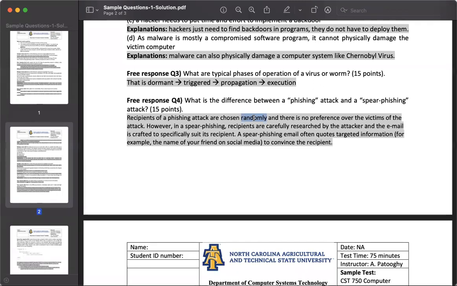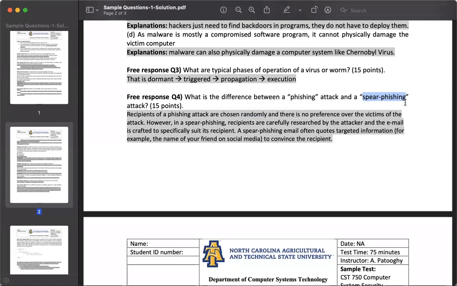In a phishing attack, you receive an email which might come to you, and the same email that you have received may come to me as well. If we are both recipients of a phishing email, we both receive the same content, the same email. But spear phishing is a different thing. In spear phishing, the attacker does research about the recipient of that email. For example, they try to find their name, their addresses, where they go, what their job is, what their job address is, and they